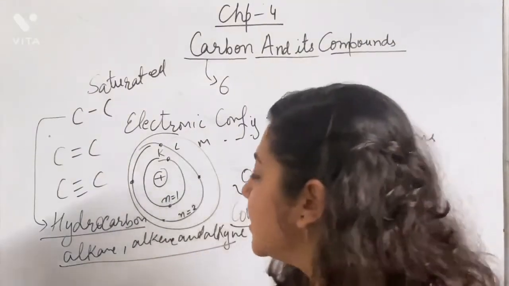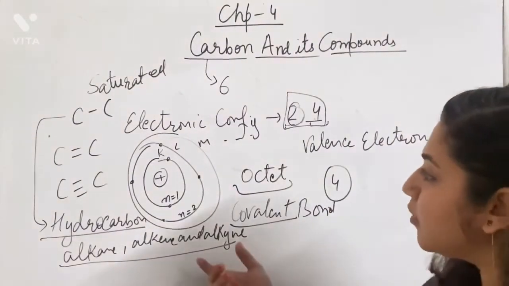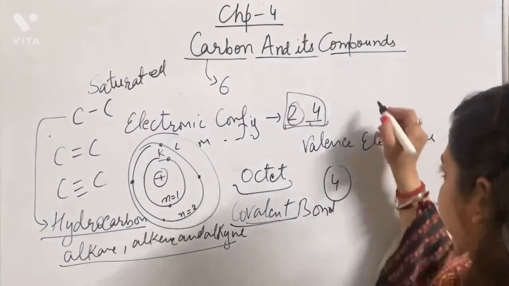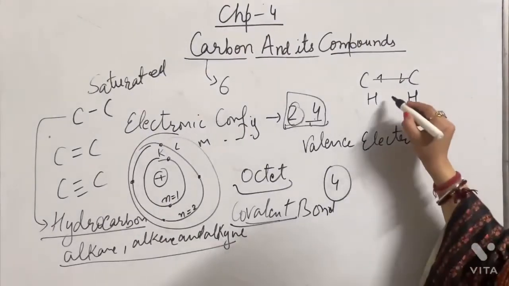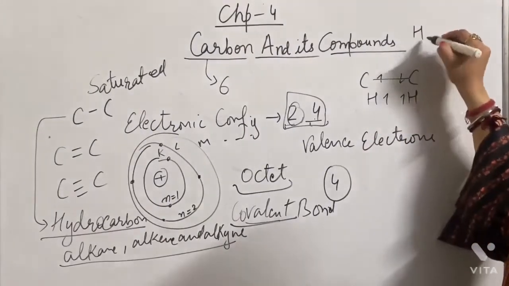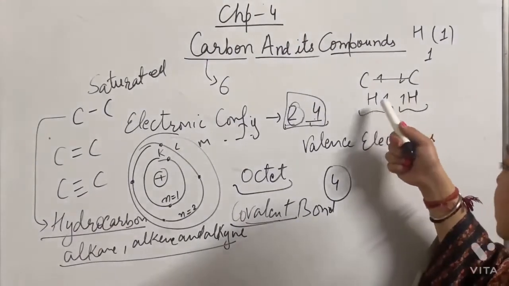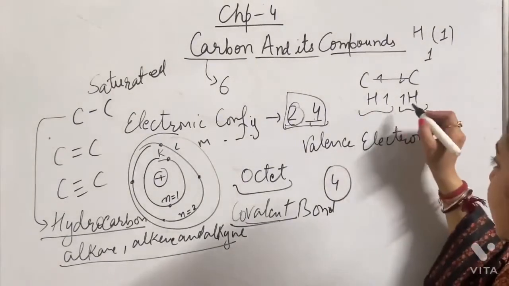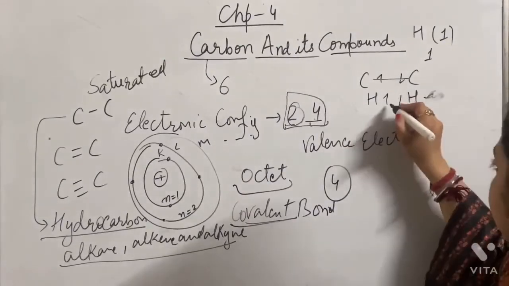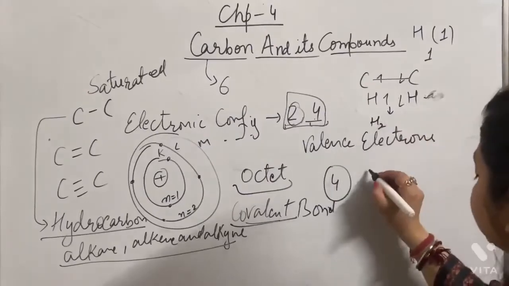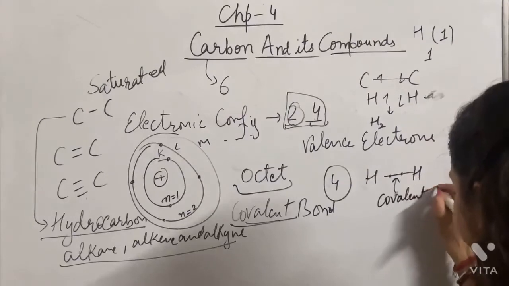In this particular class, I will share what a covalent bond is before going further. So a covalent bond is basically a bond between two atoms. For example, in a simple way, if we want to show a hydrogen molecule, then we know that hydrogen is an element with atomic number 1, configuration 1. When both hydrogens combine with each other, meaning they share their electron with each other, they form a molecule H2, where hydrogen and hydrogen have a single bond, and this bond is a covalent bond.